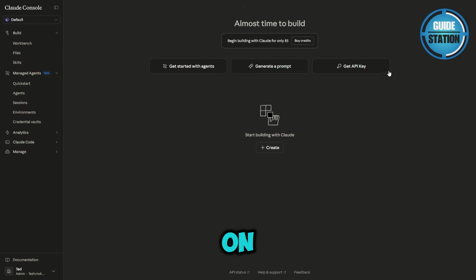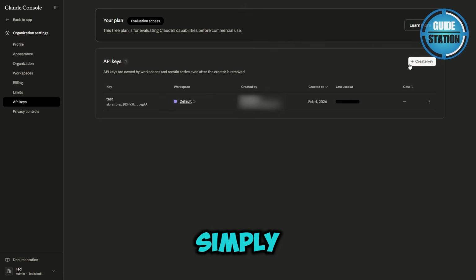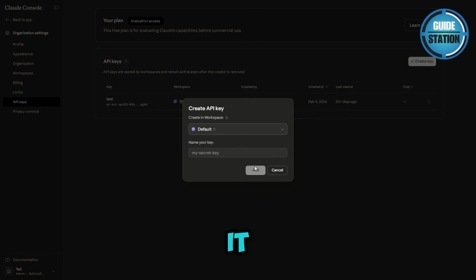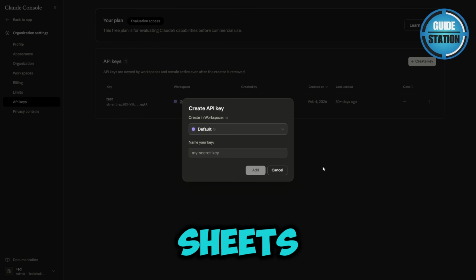Then it'll open a new window. All you have to do is just click on Get API Key. From here, simply choose Create Key. And that's it. Now, next thing, what you need to do is you have to open your Google Sheets and